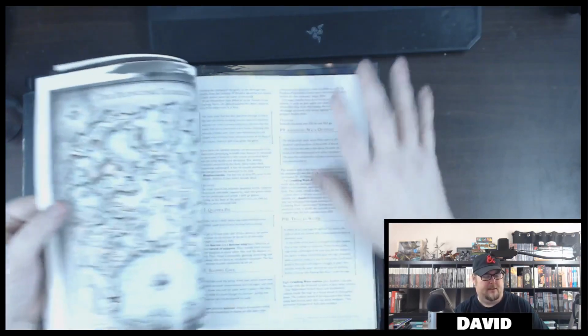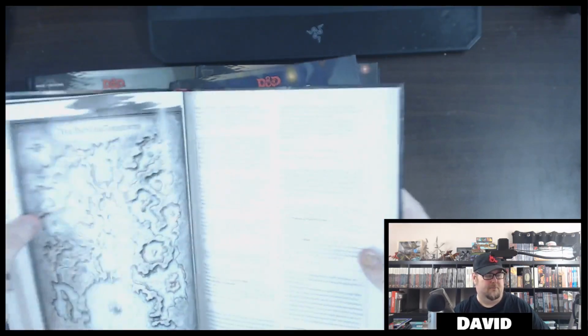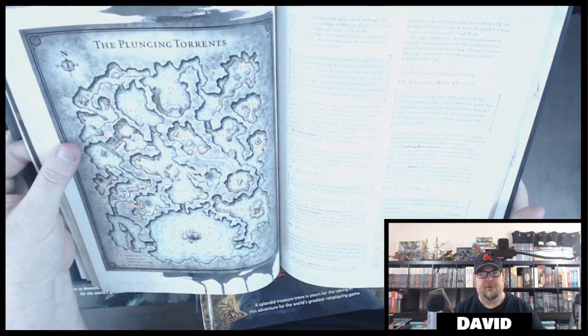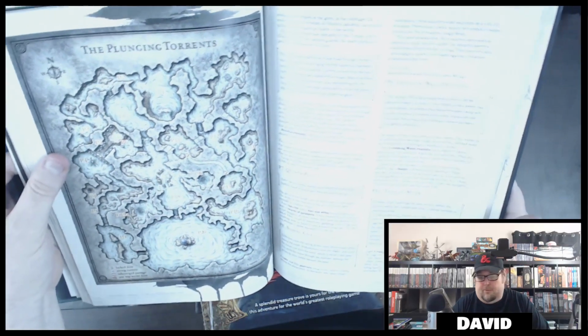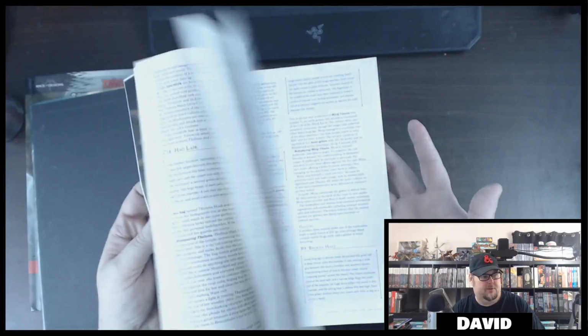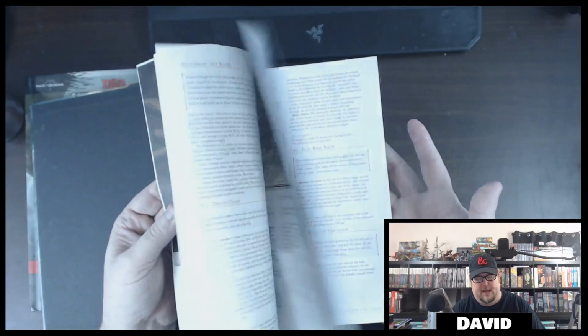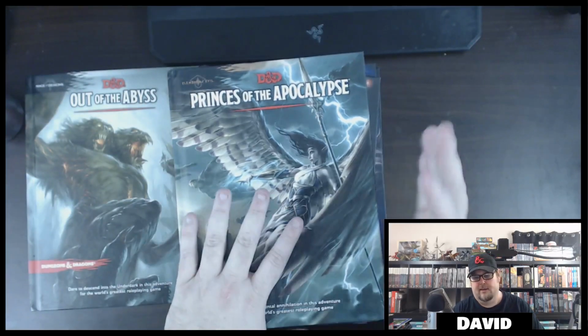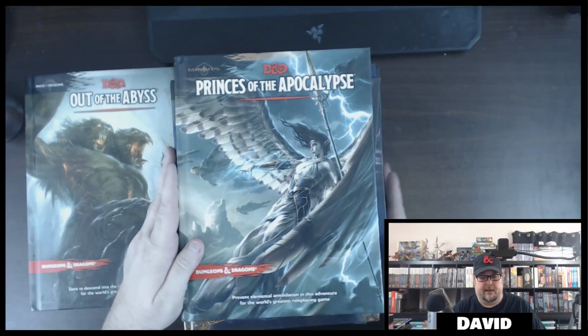But all of the dungeons are like this size, and you fight the cultists from the different elemental type of cultist groups. Really cool. So if you're old school, you like dungeons, this is for you. I mean, as you can see, there's just map after map after map of big dungeons. Now, I will say this, however, you will fight Orcus at the end, which is a really nice fight, and